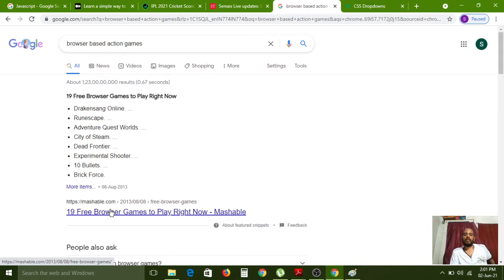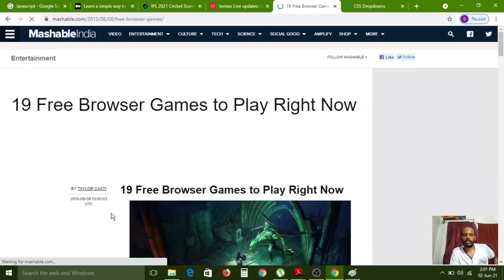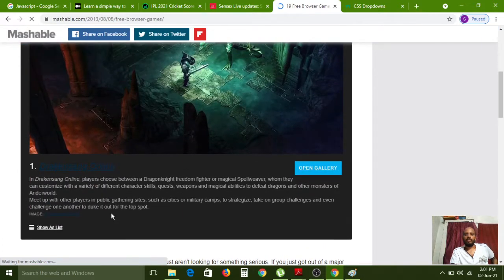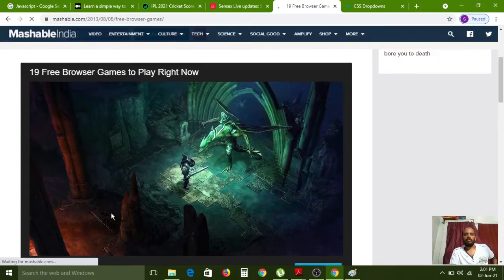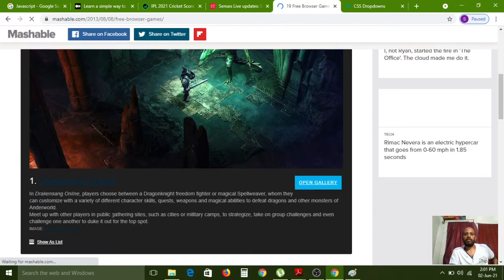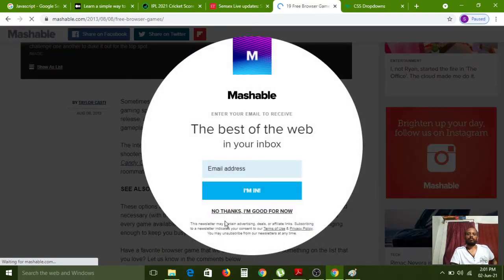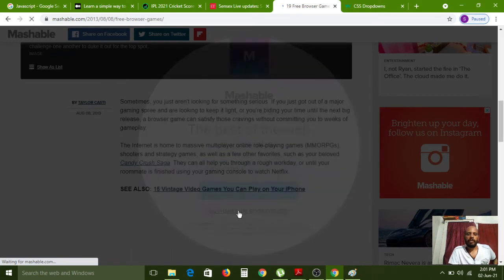So these all are browser related games. It is opening, just wait. These all are browser related games. If you want to add this type of games, a dynamic web application can support it.